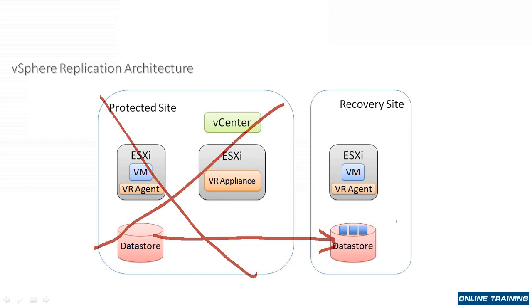So if our protected site fails, think about all of the things that need to happen. Right? We've got all these VMs that now need to run at the recovery site. So those VMs need to get booted up on an ESXi host. They might need their IP address changed. You know, there might be database VMs or domain controllers that need to boot up first, and then other components boot up in a certain order after that. I might want to drop those VMs in different resource pools. There's all kinds of little nuances that are going to happen as I spin up all of my VMs at